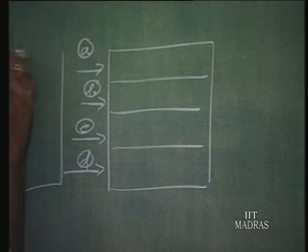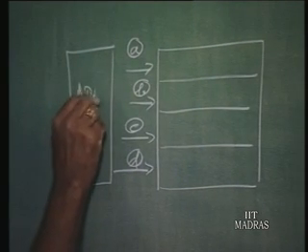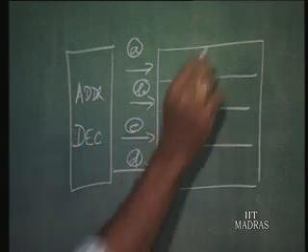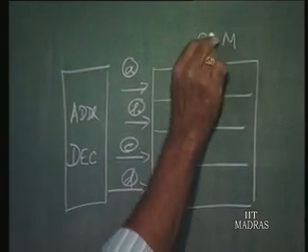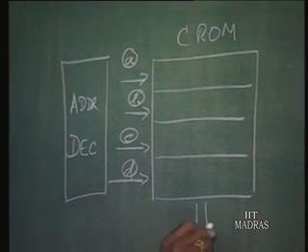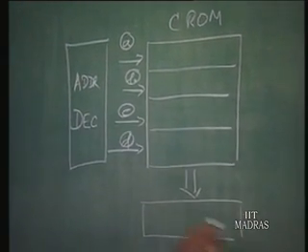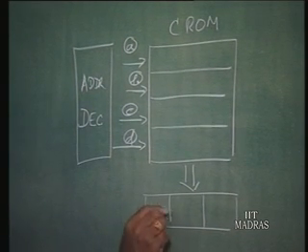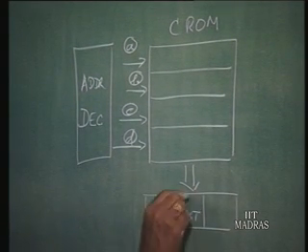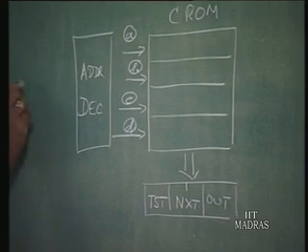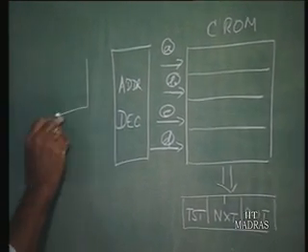Then we had the decoder, which is nothing but a simple address decoder, that is the read only memory. I also said it is the controller read only memory, and at any time only one word is taken, and that consists of 3 fields, that is test field, next state field, we are talking about 2 next states possible, and output field and extra logic, and then here we had 2